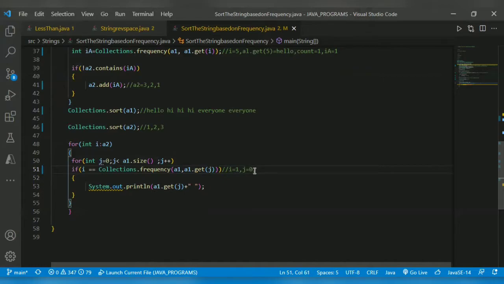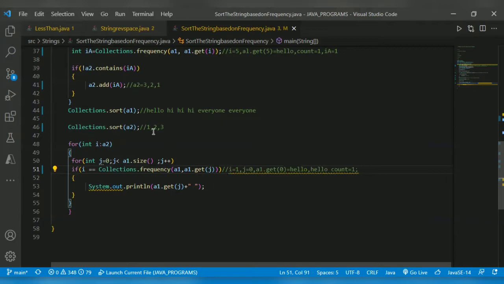j is equal to 0, A1 dot get of 0 equals hello. Hello count is 1.